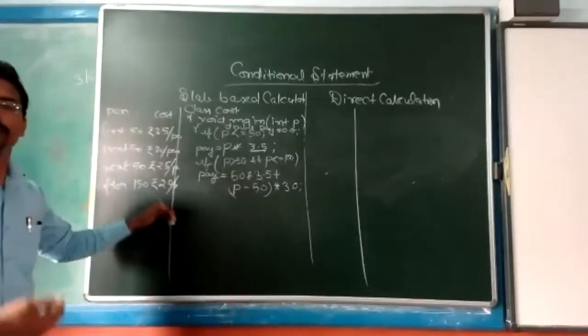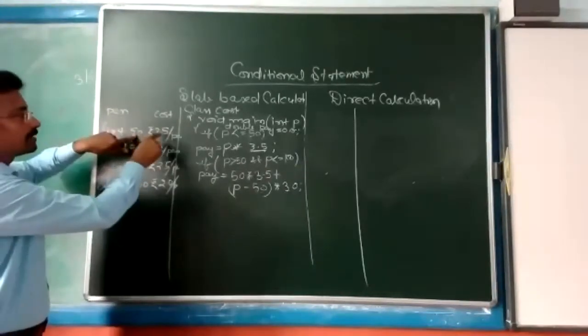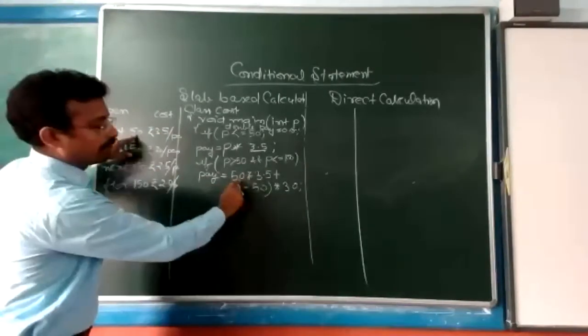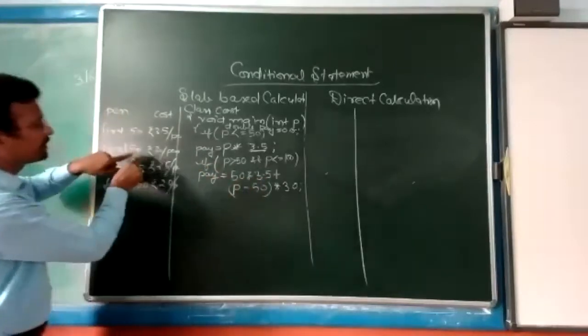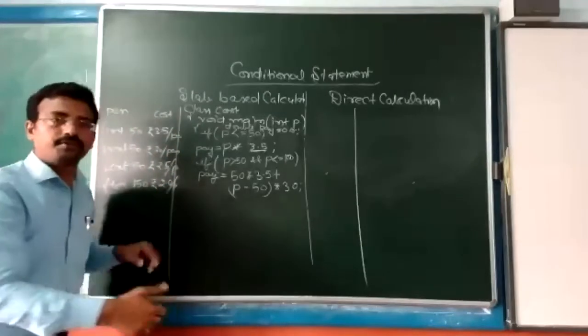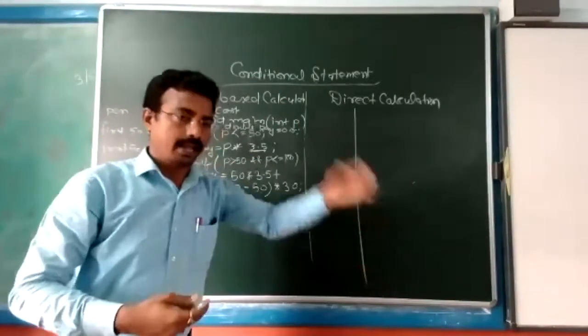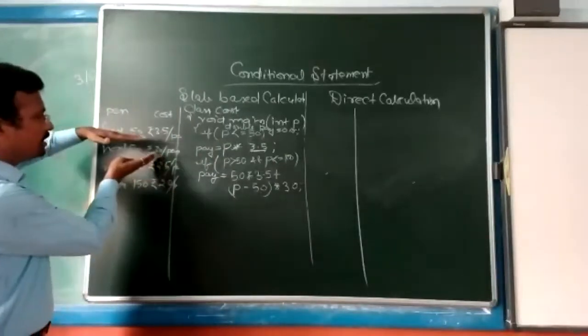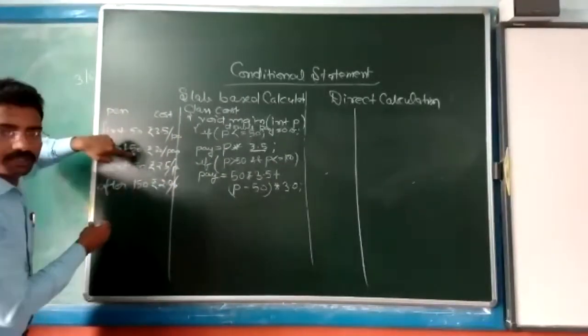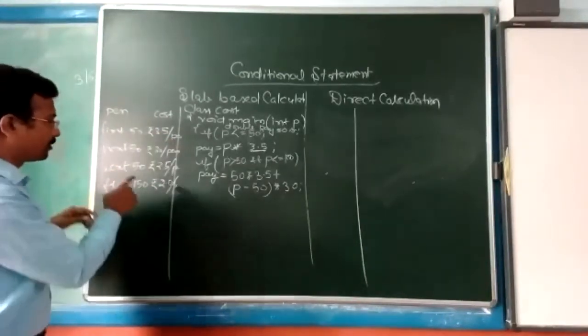paise. This is this condition. If first 50 is there, that is 3 rupees 50 paise. If second 50 is there, 51, 52, 53, 54, 55, up to 100, any value will come, so that will be divided into 50 plus the remainder. Now you will proceed to the third one.